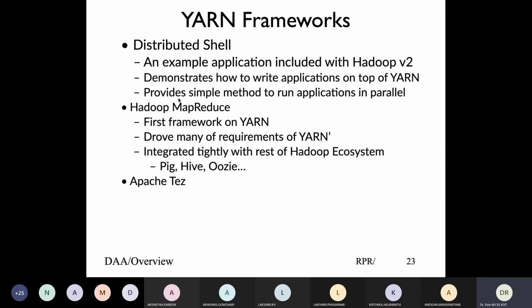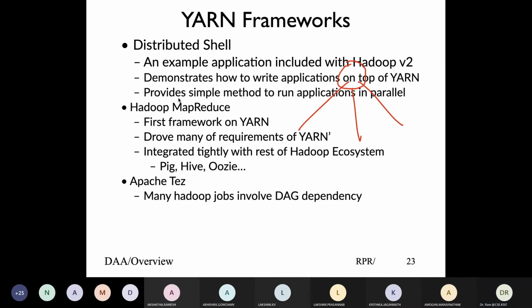Then we have Apache Tez. We looked at chaining. When you look at the example of grep, we have one MapReduce job, and its output is fed to a second MapReduce job, and that is chaining. Then we also defined a DAG framework, and depending on Oozie, you can define a configuration file defining how the dependencies are. So we could have a DAG with one MapReduce job, then 3 MapReduce jobs depend on the first MapReduce job,